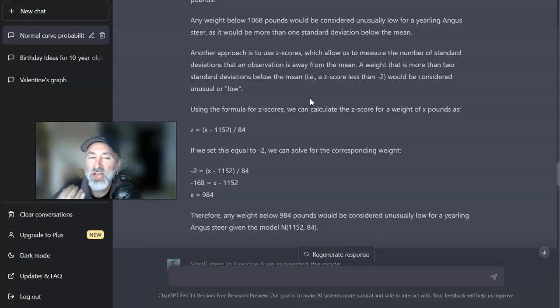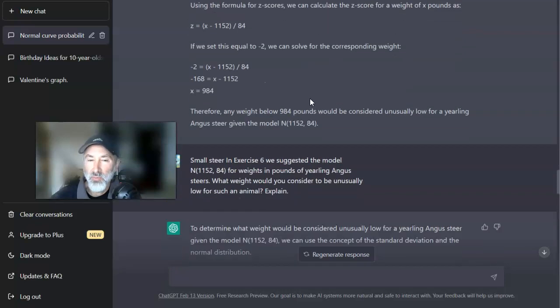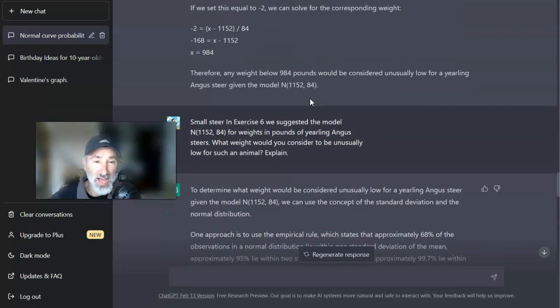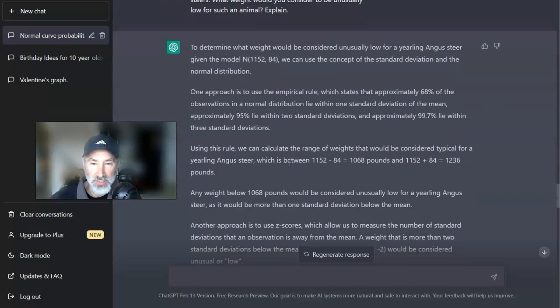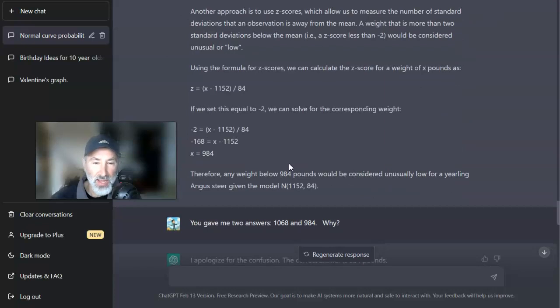But the thing is, you can have an ongoing conversation with ChatGPT. And that was the thing that I didn't realize and I thought was kind of cool. So I regenerated the question and it came back and did it again. And then, here we go. Finally, I decided, hey, I'm going to tell ChatGPT, you gave me 2 answers. Why? Why did you do that?